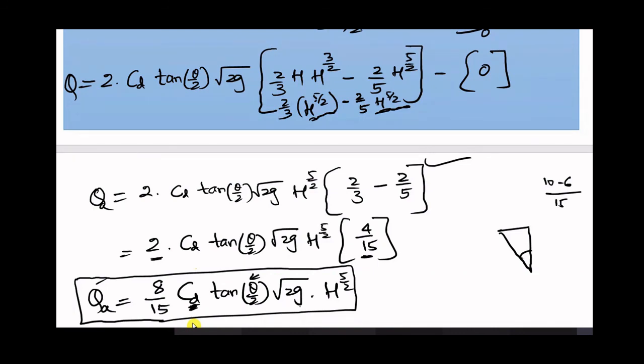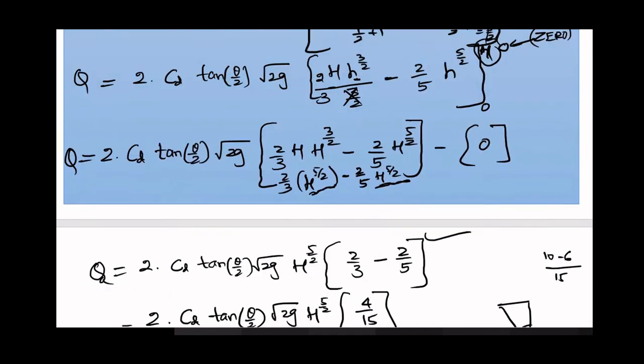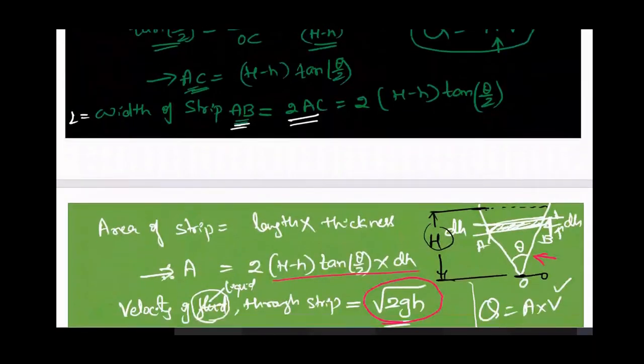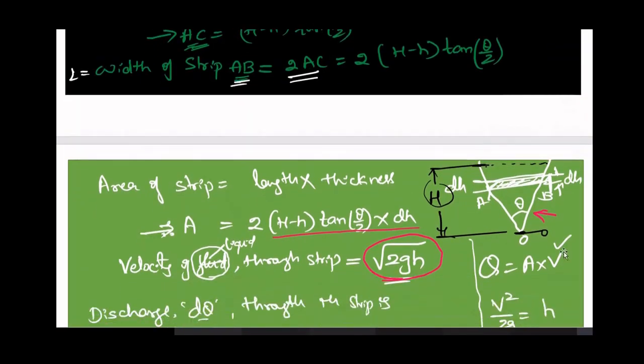So square root of 2g, g value is 9.81, it is constant. What is this h? It is very important. H is the head of water over the notch, not the height of water. For example, here in this diagram, head of water is from this point to this point. It is called head of water. Or you can use the word height of water, but not height of notch.